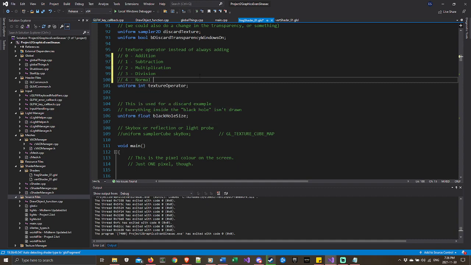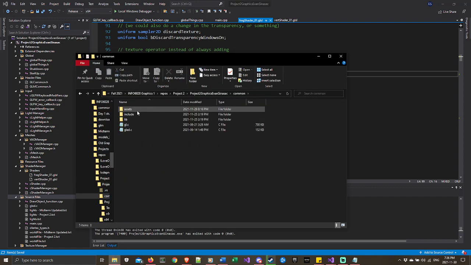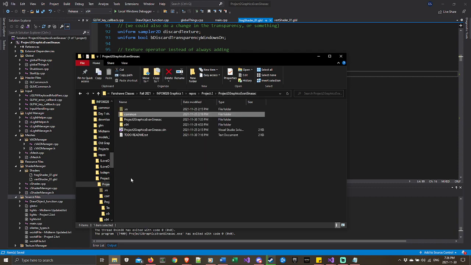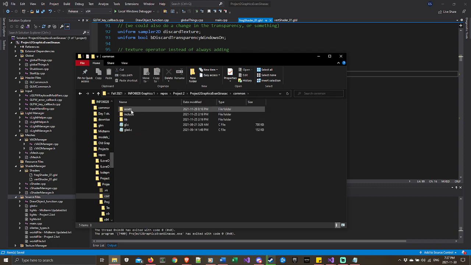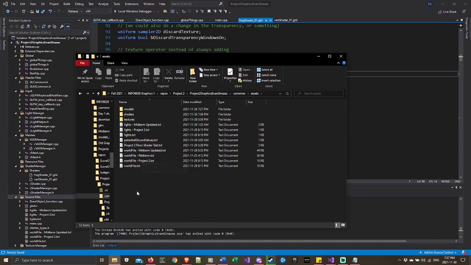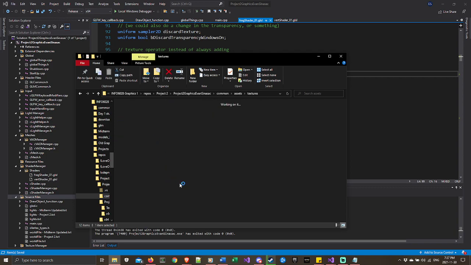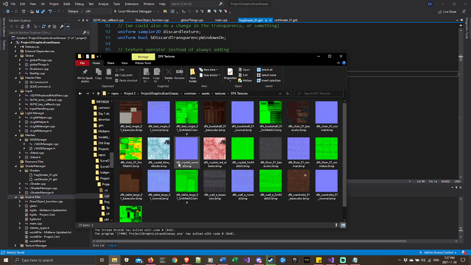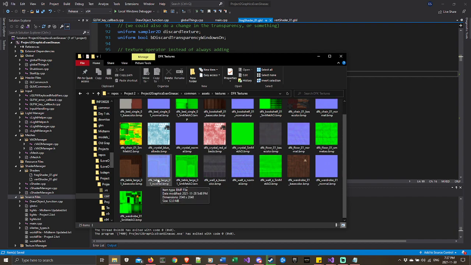And I did some fun normal mapping. So from the solution directory under common, the include and library and GLAD and GL files are here, but more importantly are the assets. Inside assets are all the text files for stuff. Under textures, I have the Dark Fantasy Kit textures, which every single one of their textures has a normal map